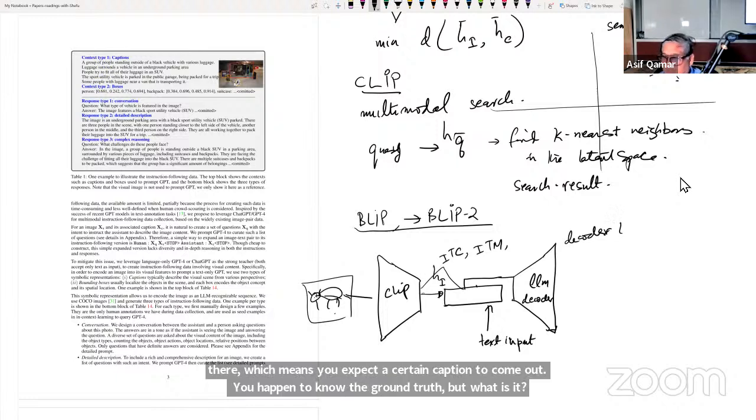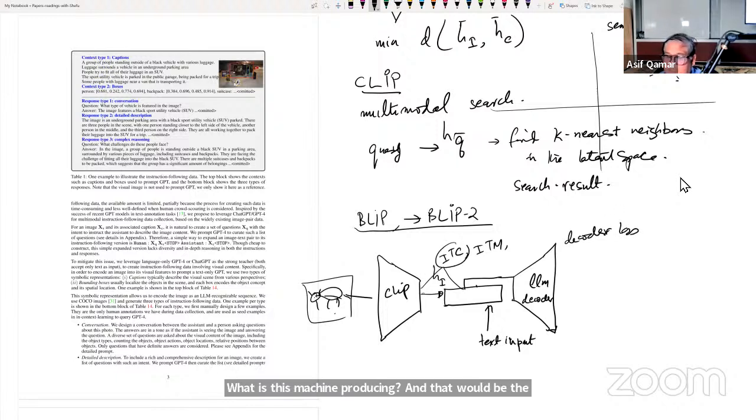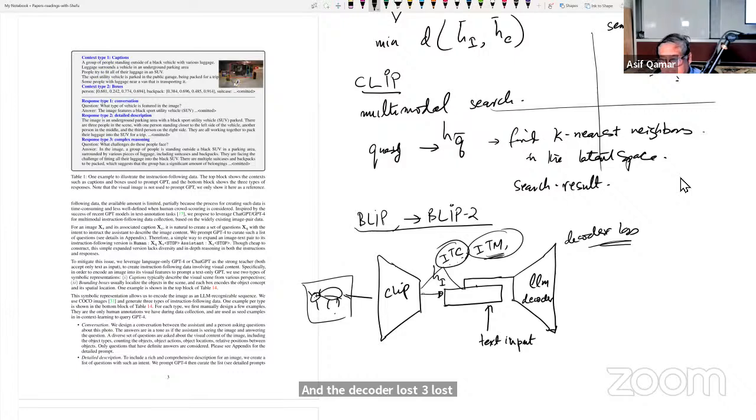That would be the decoder loss. So by training across three losses, the image text contrastive loss, which is the same as the CLIP loss, the image text matching loss, which is your standard binary cross entropy loss, and the decoder loss, three loss terms, what they found is that, and this is called the query transformer,